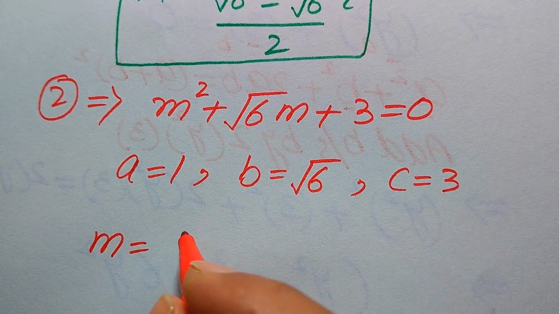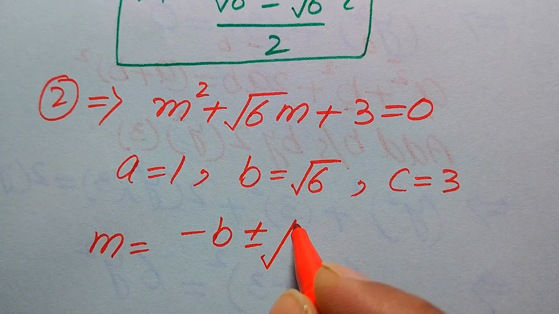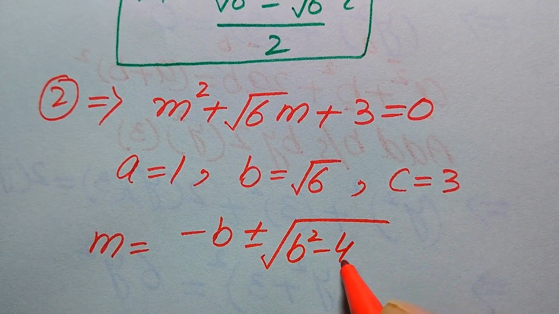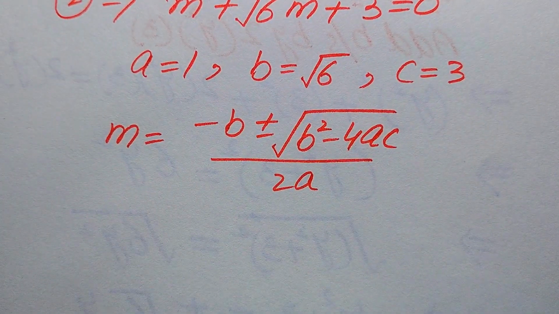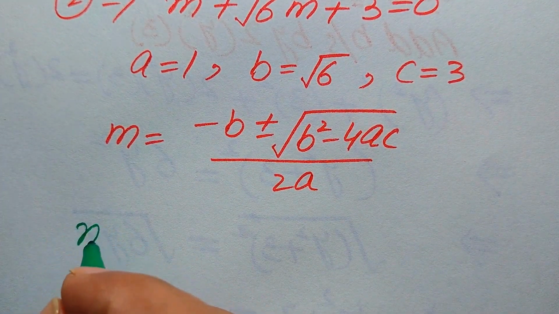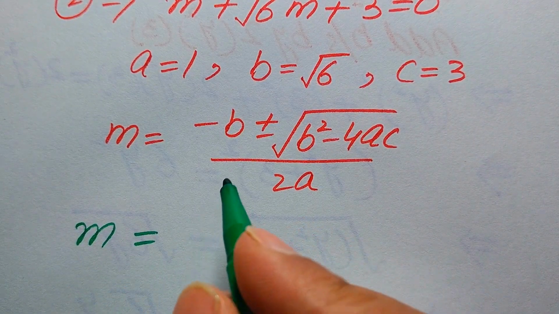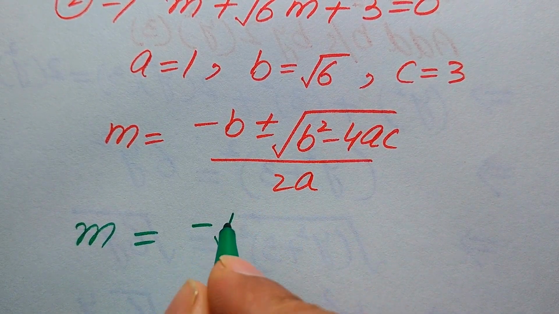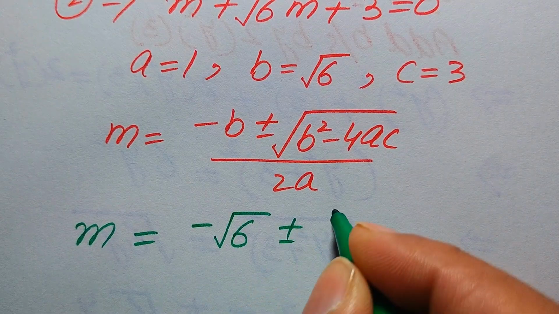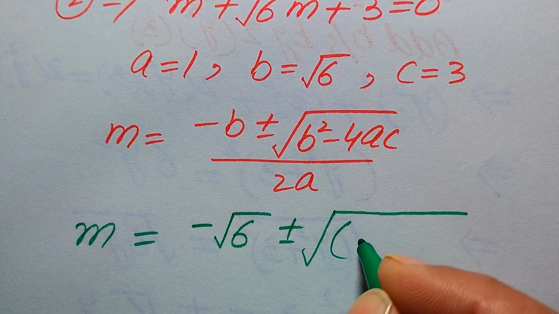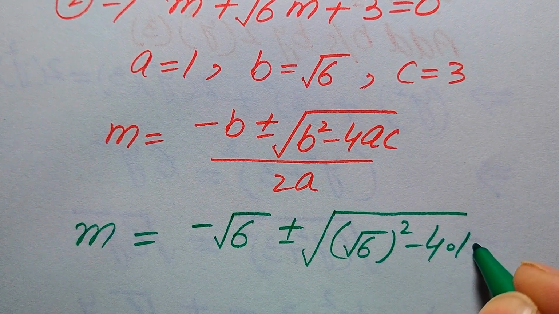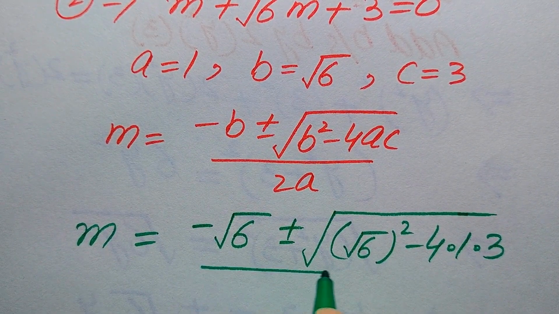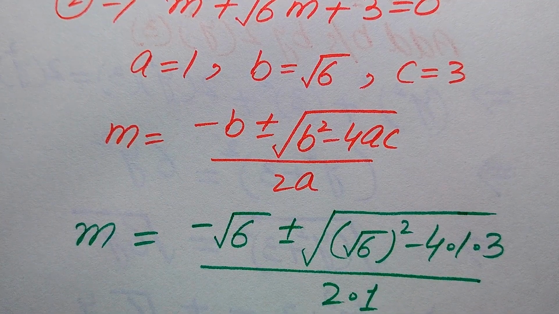And we state the quadratic formula as minus b plus minus square root of b square minus 4ac, divided by 2a. This is our quadratic formula, and here we substitute all the values of a, b and c in this formula, and it will be written as m equals, this is minus b, the value of b is square root of 6, plus minus square root of b square, so b is square root of 6 squared, minus 4 times a which is 1 and c is 3, and it is divided by 2 times a,